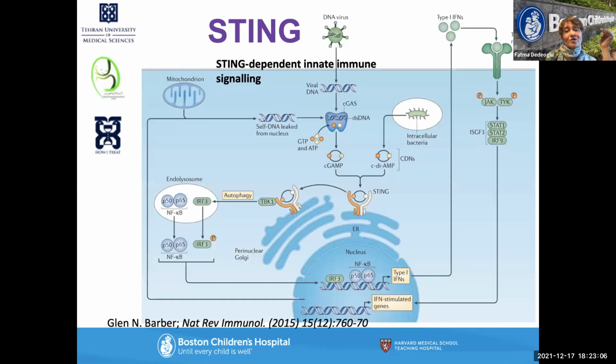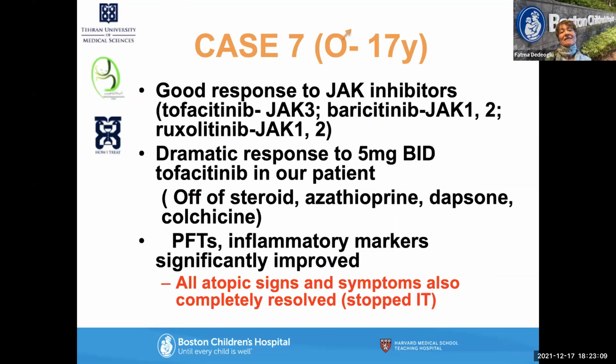Now, I'm not going to go over the STING pathways again, but patients were responding to JAK inhibitors because of those pathways that we know. So we decided to give him a JAK inhibitor. There are two reasons I chose tofacitinib. Mostly baricitinib is used in the NIH cohort, but tofacitinib was easier to obtain insurance-wise. And I also thought about JAK3 inhibition in him because of his atopic signs and symptoms, since that is more on that pathway. So after starting him on tofacitinib, 5 milligrams twice a day, he was off all medications, and